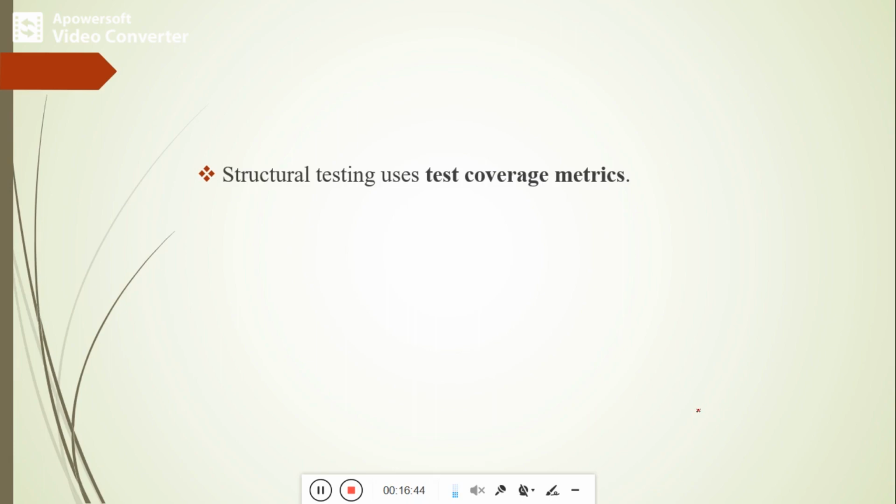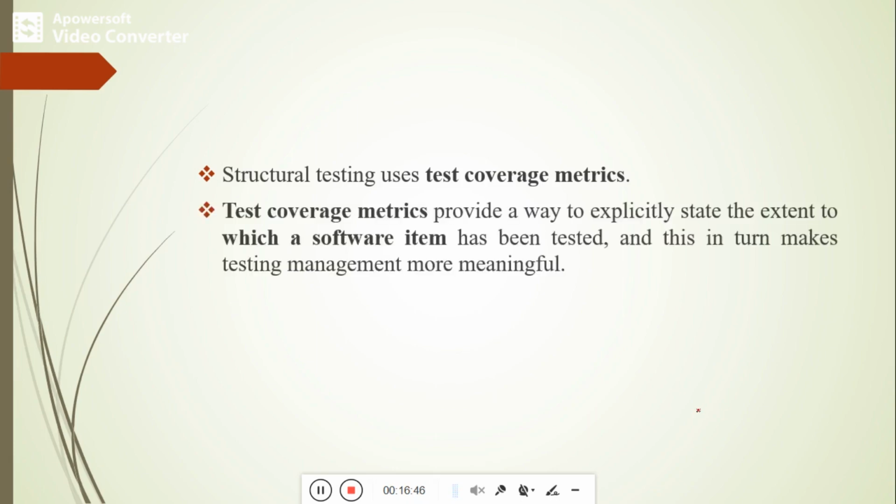Now I told you the test coverage matrix comes under the structural testing technique. What is meant by test coverage matrix? The test coverage matrix provides a way to explicitly state the extent to which a software item has been tested. Means up to which extent we have tested that particular product or software can be identified very easily under the test coverage matrix, and this in turn makes testing management more meaningful.